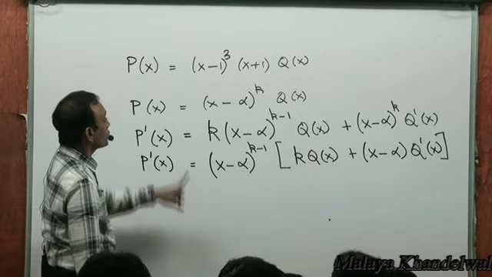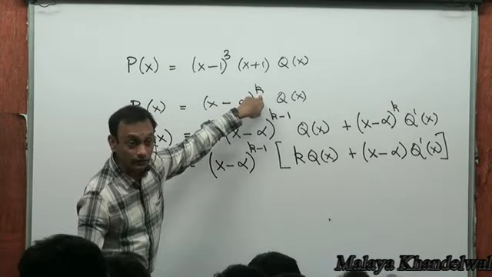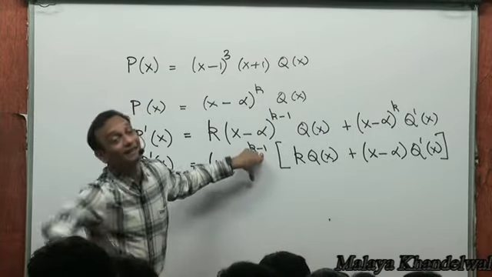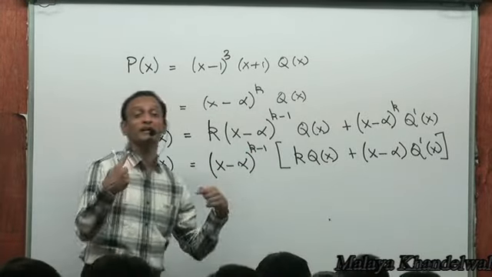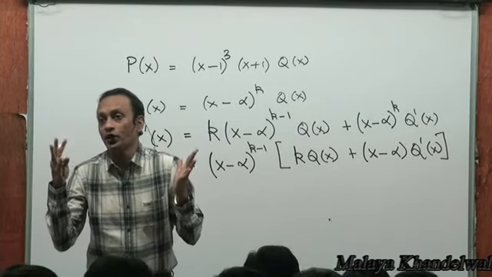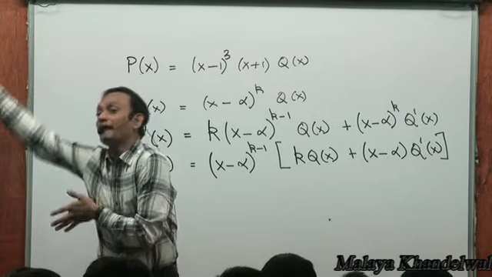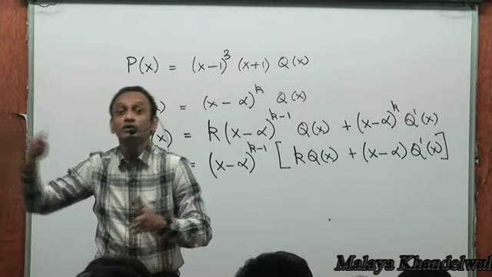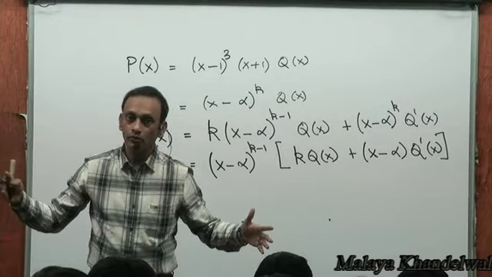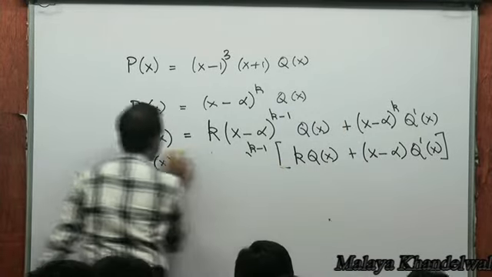Now, observe this. What it means is if alpha is a root of a polynomial of multiplicity k, that is repeated k times, then alpha will be a root of its derivative function of multiplicity 1 less, or k minus 1. That means alpha will be a root repeated k minus 1 times. So if there is a root alpha repeated twice in a polynomial, then in its derivative, it will be repeated once. If alpha is a root repeated 4 times in a function, that is of multiplicity 4, then its derivative will have alpha as a root repeated thrice, 3 times. Right? Now this is important to understand. Now, what that means is,